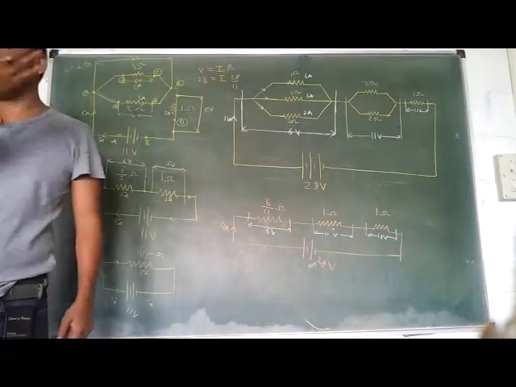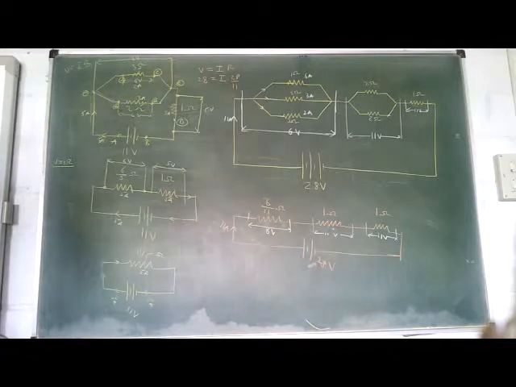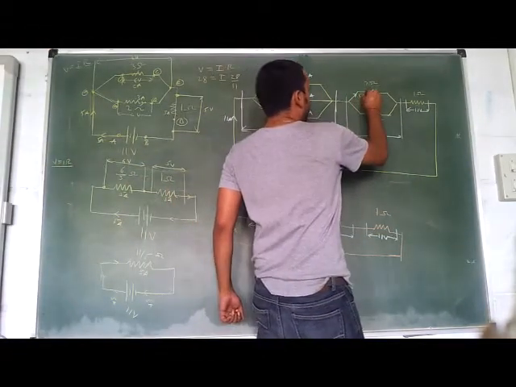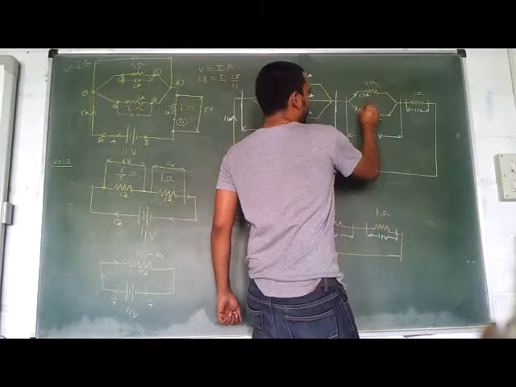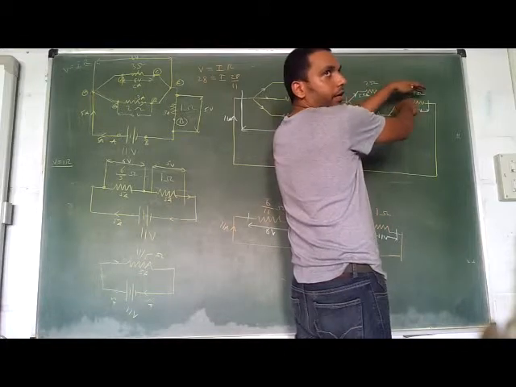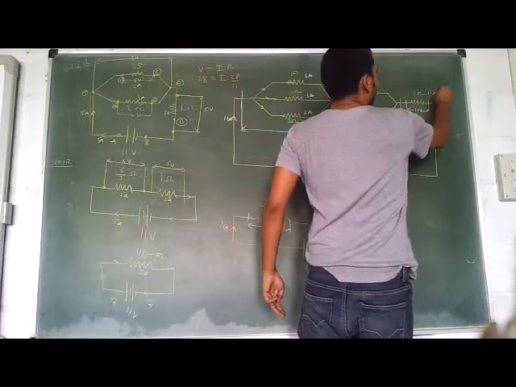Right? For the other one, what will be the division? You don't even have to calculate. They are equal resistances. So both must take up equal current or not? So this is 5.5 amperes and this is also 5.5. They again go and join back, become 11 again, and 11 goes through this.